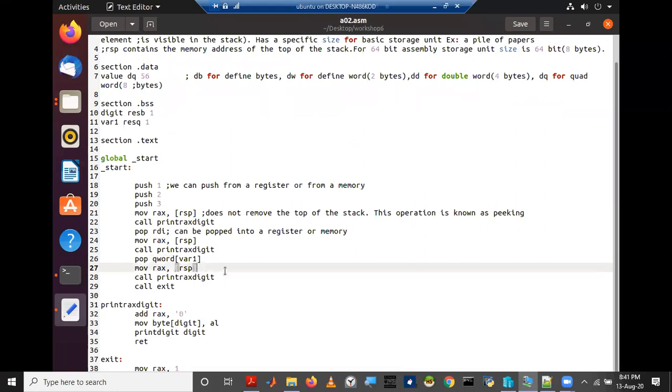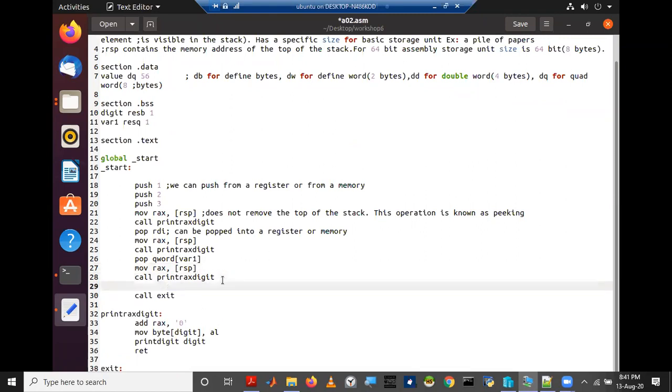So addition and subtraction I did last week. So what about multiplication? For multiplication, we have a command known as MUL, multiplication. So multiplication does an operation like this.